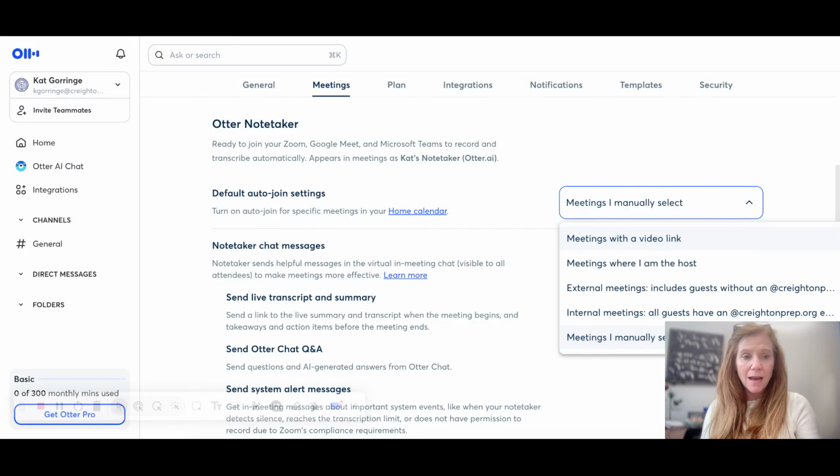Otter will automatically send itself there to join the meeting on your behalf. Even if you're personally there, well, not personally, but you know what I mean? Synchronously, you're in the meeting, Otter will send itself there to record the meeting for you. Okay, now that doesn't sound like such a bad thing, right?